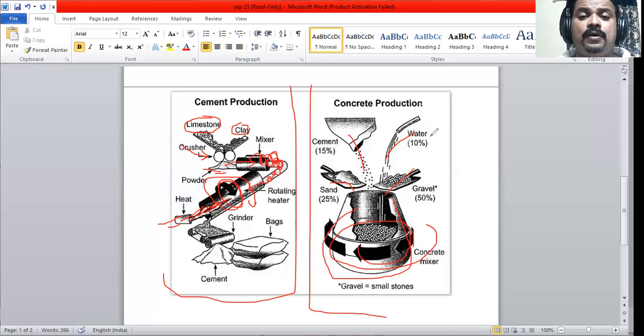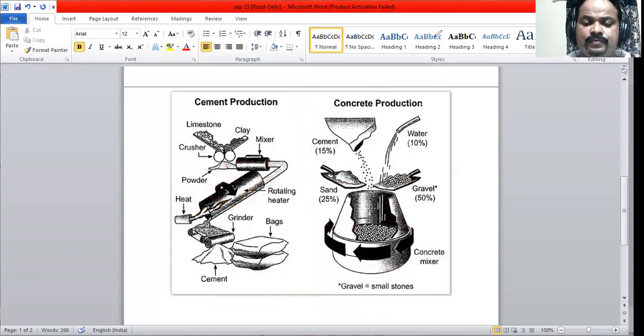Now that we can see this particular one, 1 minute, excuse me. You can see the